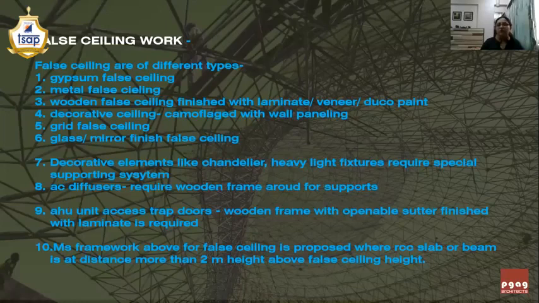Now, in this, the glass joints, or the mirror joints, are generally filled with silicone. Then you need to mention the size of the glass, the thickness of the glass, and how you want the joints to be filled. Or is there any transition profile in between two glass elements?